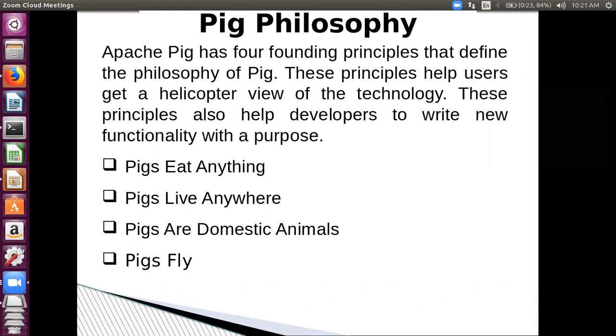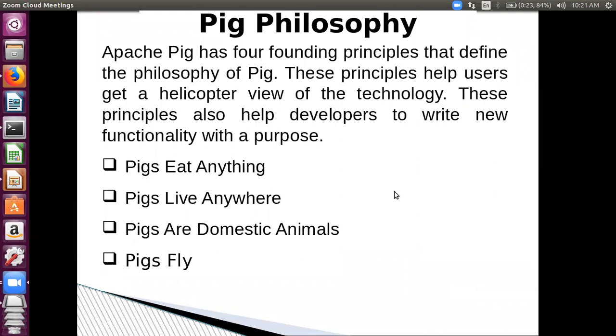According to this, these 4 statements define Pig. Pigs live anywhere means our Pig software can live in a Hadoop system or anywhere, any place. Pigs eat anything means it can eat as many files as the number of nodes we provide to it.